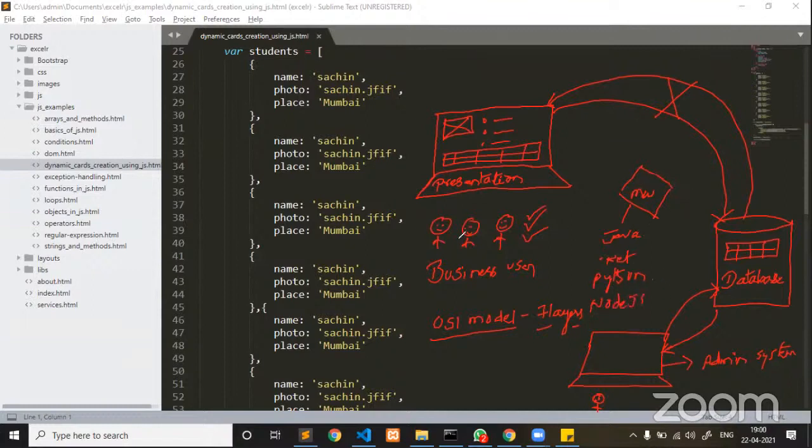Earlier, traditional applications were directly sending a request from the presentation layer to the application layer, which is also called the middleware. Now Ajax is coming in between.